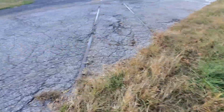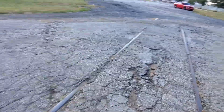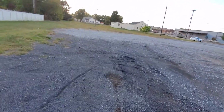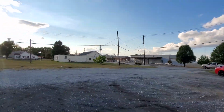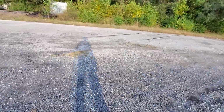But here are the remnants, the rails and the crossing grade, which is partially paved over already, but here's where it cuts off. Down there, that's a recycling center, and they've already built over the tracks down there. There are a few remnants of spurs for industries over there, but the main line is pretty much gone until you get to,